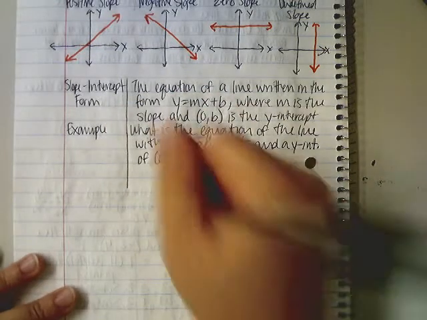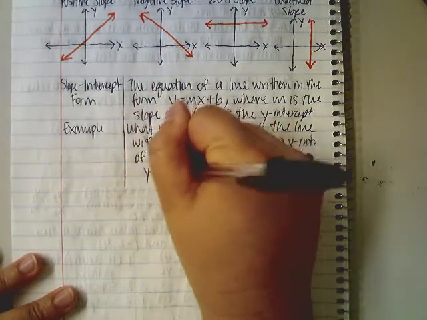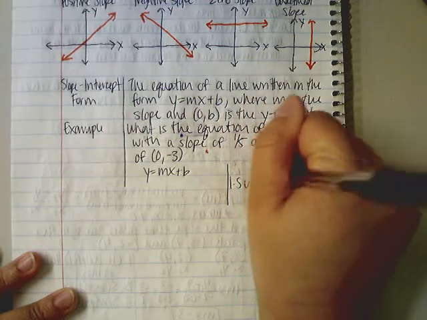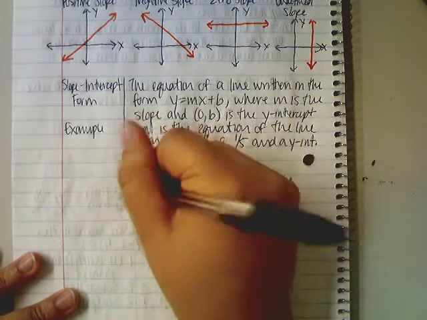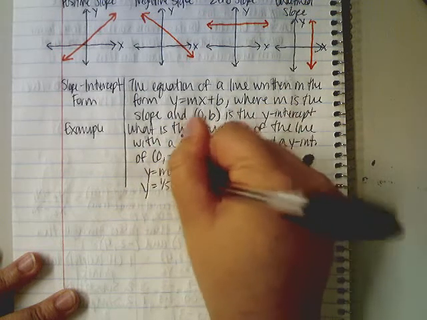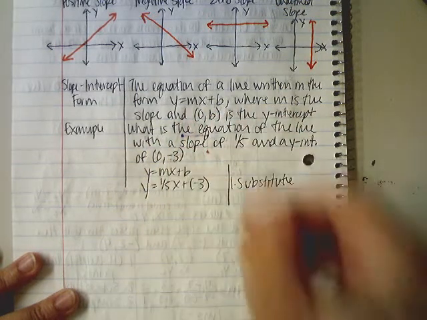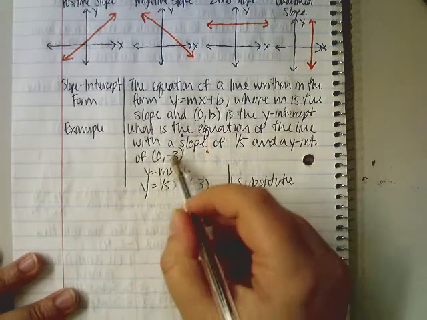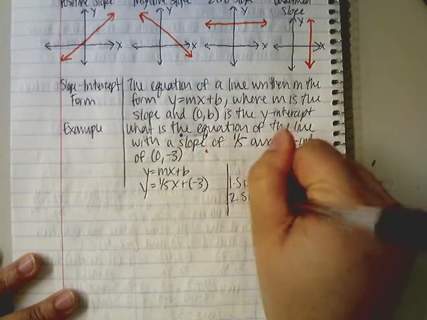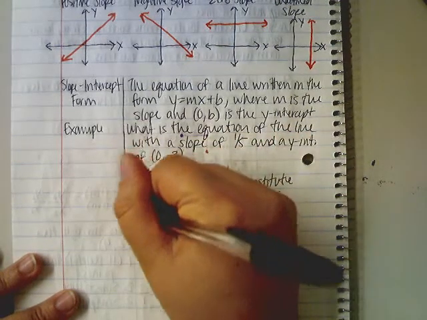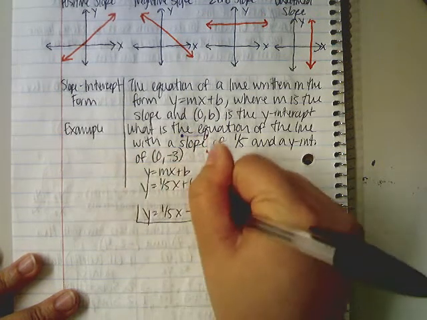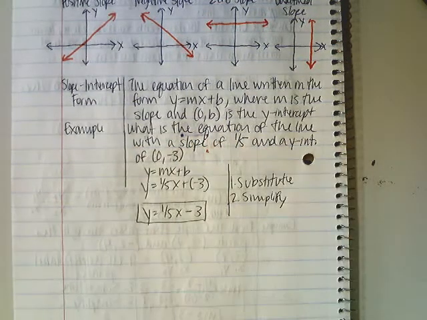So first thing we're going to do here, rewrite our slope-intercept form so we remember what it looks like, and then I'm going to substitute those values in. So I have y equals 1/5 x plus -3. I'm plugging in the 1/5 for the slope and the -3 for the b, or the y-intercept, and then I'm going to simplify. So I get y equals 1/5 x minus 3,